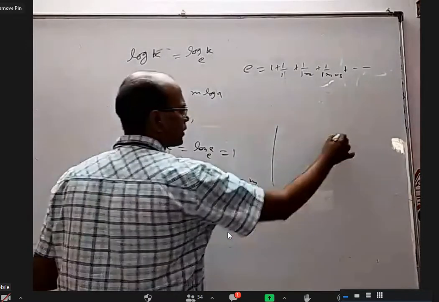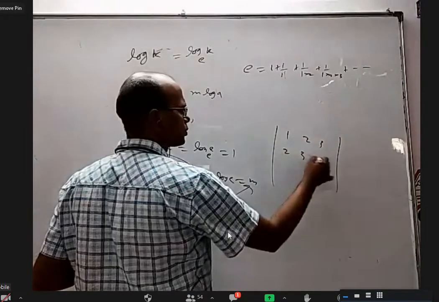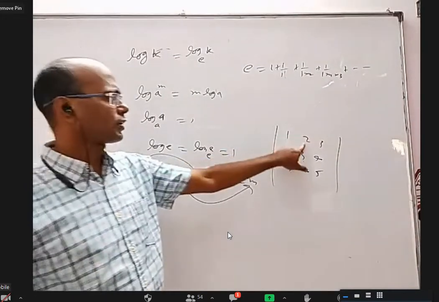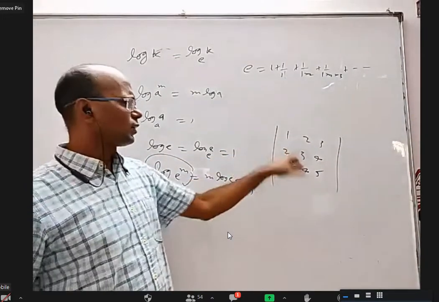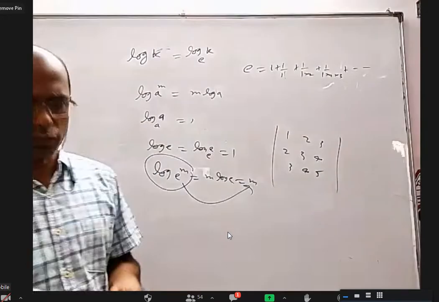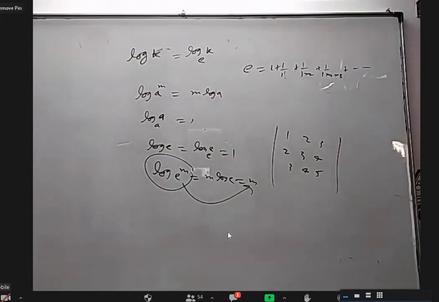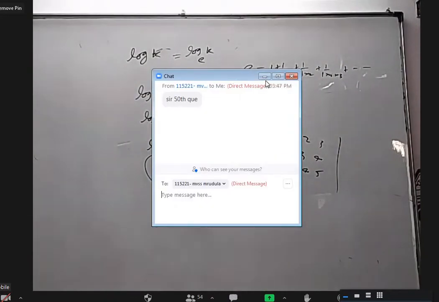This question becomes simply 1, 2, 3, 2, 3, 4, 3, 4, 5. This is log e, this is log e square. And after that, I think you know how to do this, that is 0. Yes, right? Okay. So logarithms, to learn, it's a small thing. I think in 15-20 minutes we can get the overall idea, not a problem.